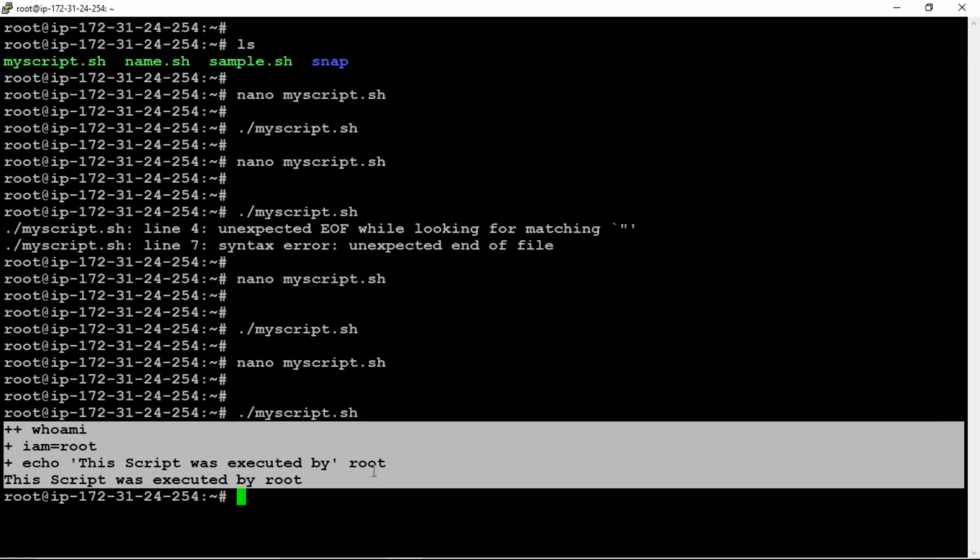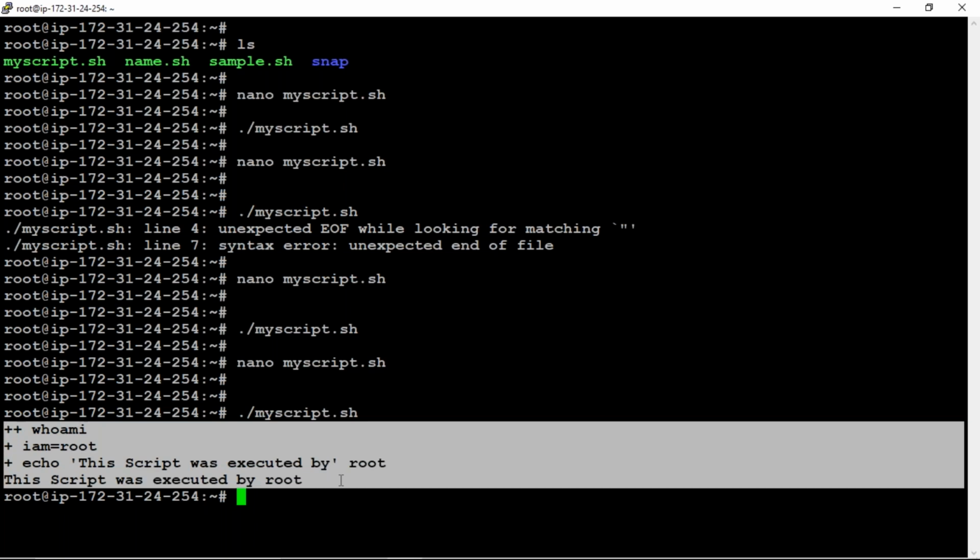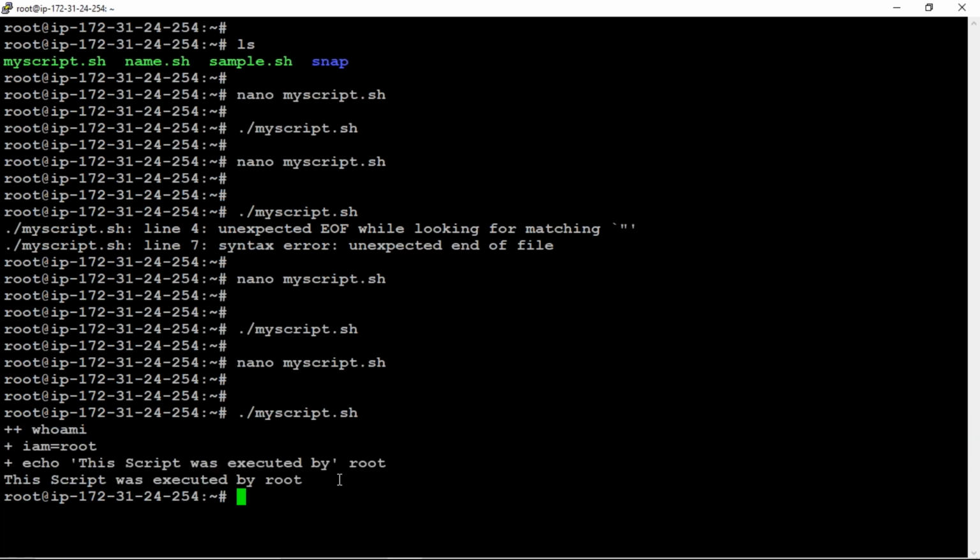So what's the difference between -n and -x? If you give -n, your script won't be executed. And if you give -x, whatever content is inside your script file, all of it will be displayed and printed.